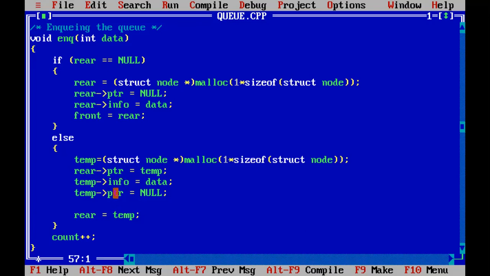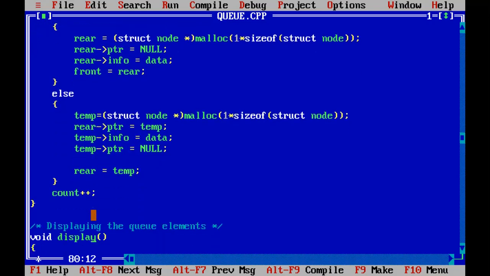And the next pointer of the node will have the null value. Then after that, the rear will be updated to the temporary node, because the temporary node is the new node.